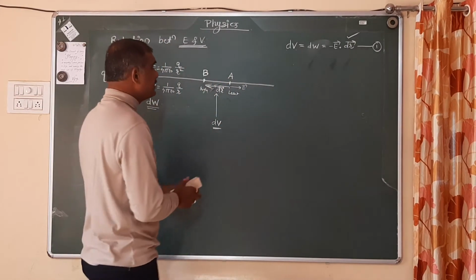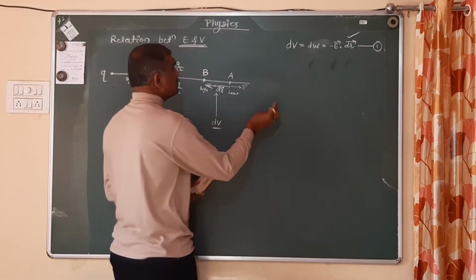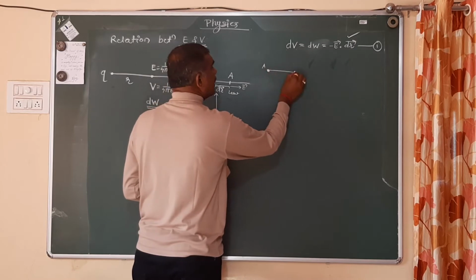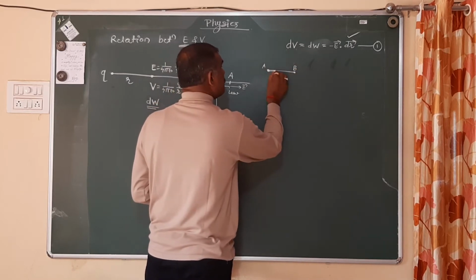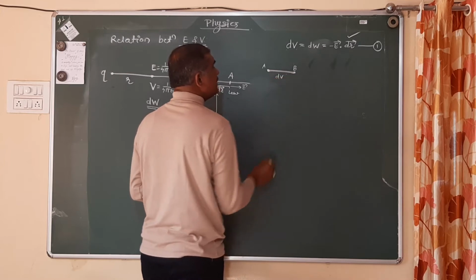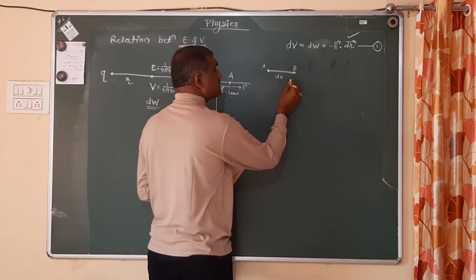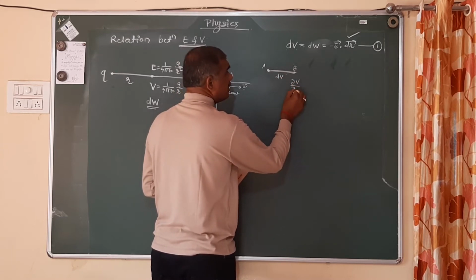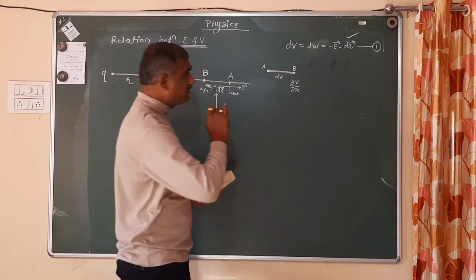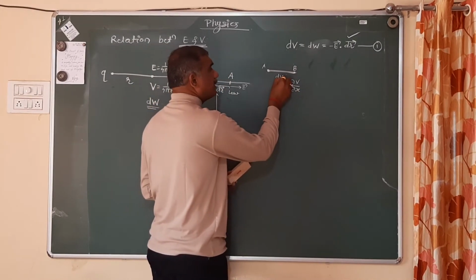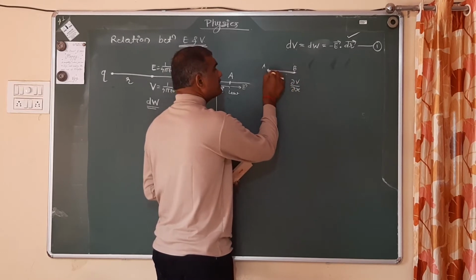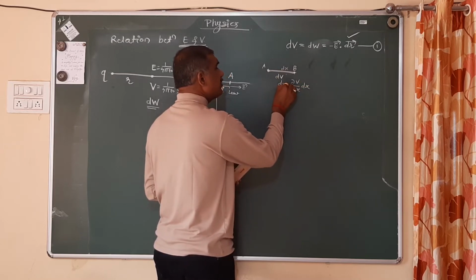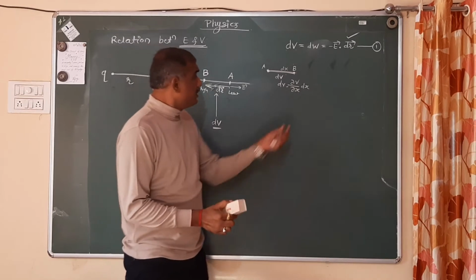And the second expression is, for your understanding, I am giving you an example. Suppose this is your point A and another point is B, and the potential difference between A and B is equal to dV. Suppose this is along the x direction, and potential is changing with respect to x at the rate of del V by del x. That means along this positive x direction, the rate of change of potential is equal to del V by del x. And suppose the distance from A to B is dx, then can you say that dV is equal to the rate of change of potential into the change in distance.